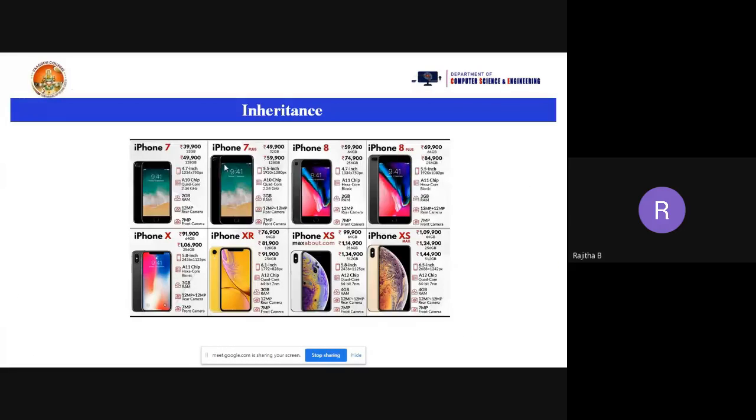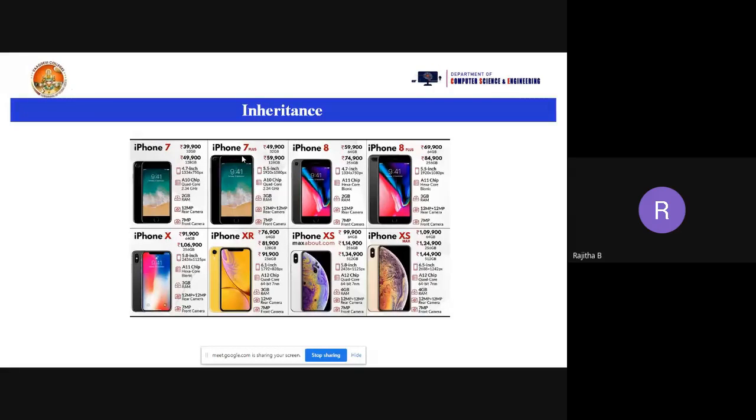Suppose we take one more example in computer science applications. We have iPhones: iPhone 7, 7 Plus, 8, 8 Plus, X, and now we are using the 11 Pro. What is the extension of 7 into 7 Plus, and what is the extension of 8 from 7 Plus, and what is the extension of X from XR?